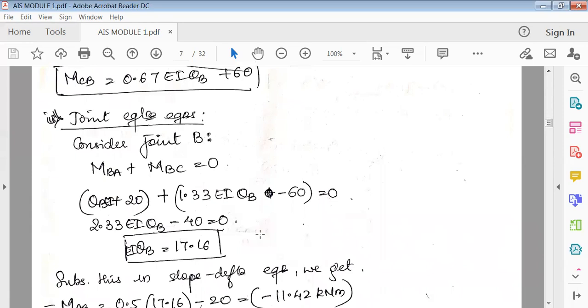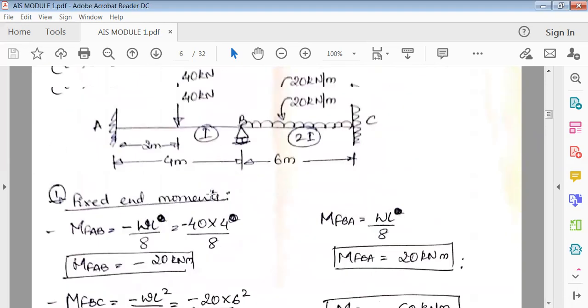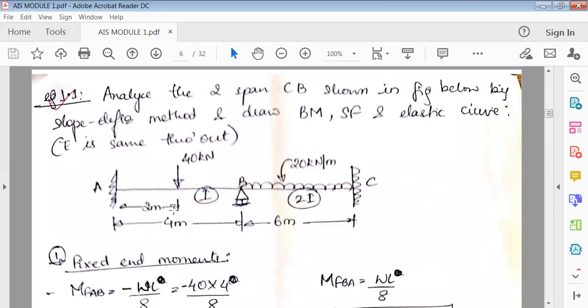Alright. So we've calculated the first thing, the fixed end moments. The second step was to calculate the slope deflection equations and make equations for every joint. And the third step is joint equilibrium equations. Now joint equilibrium equations are nothing but we have to consider a joint in such a way that it